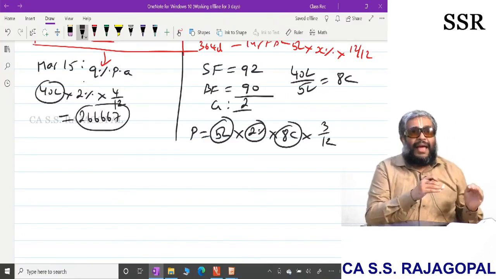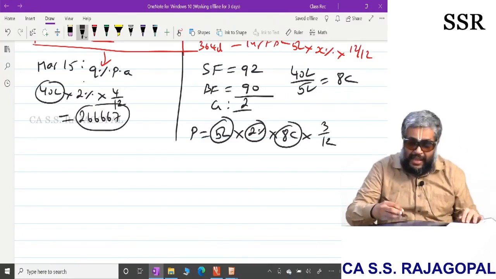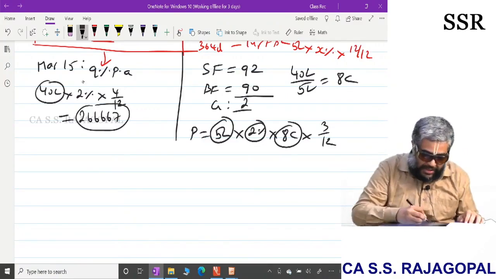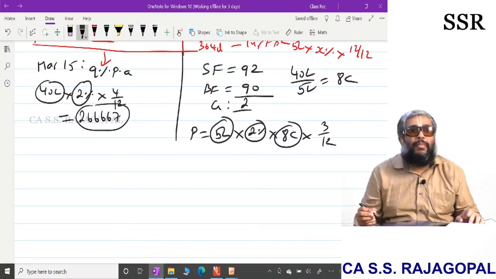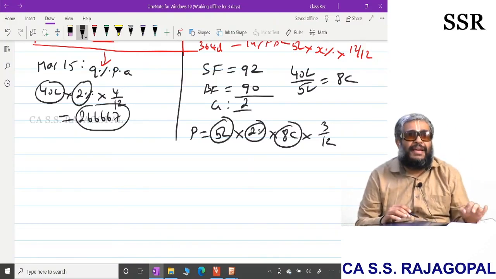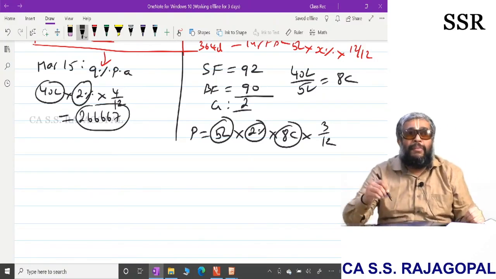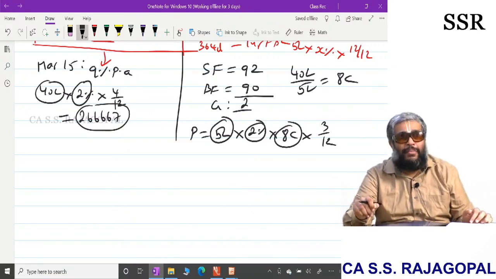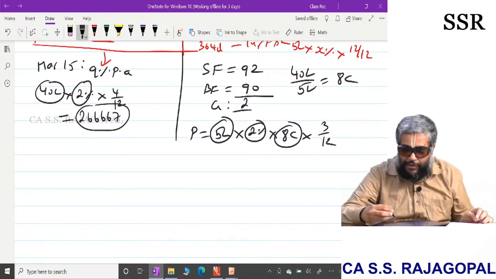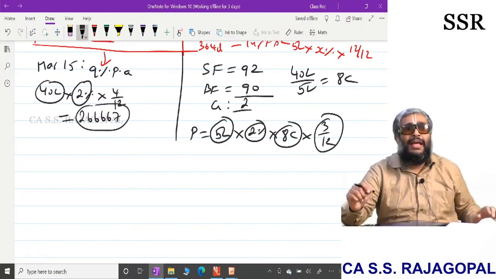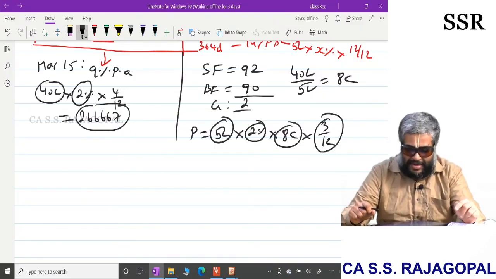2% I have to pay extra interest here. I will be saving 2%, that is I am having a closing profit of 2%. This 2% also is common. The main problem is, here I have a 2% extra interest on a 4-month loan, but the futures contract is giving my compensation only into 3/12 because it is a 3 months interest rate future. So due to which I will be under hedging.